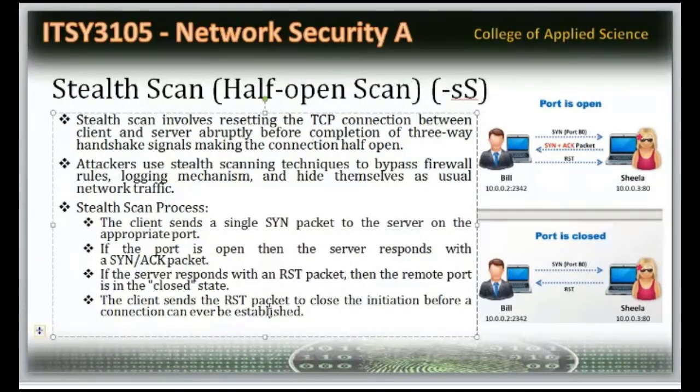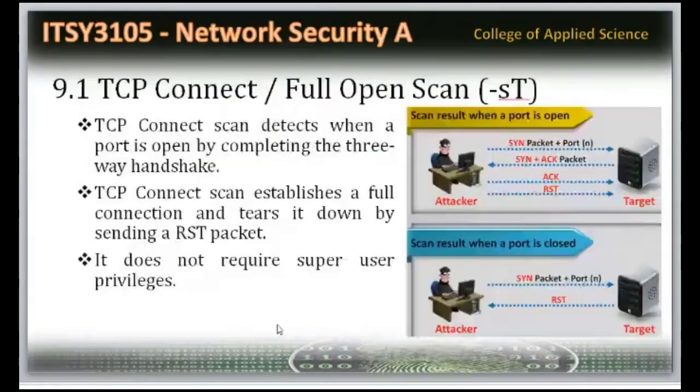What does that mean? In the previous method, we accepted the connection, the connection is created. If you want, I'll show that. See, here you are giving acknowledgement, the connection is created here. After creating the connection, you are giving the reset. So a proper connection is created here. That means between the attacker and the target machine, a TCP connection is created. After the connection is established, you are going to reset.